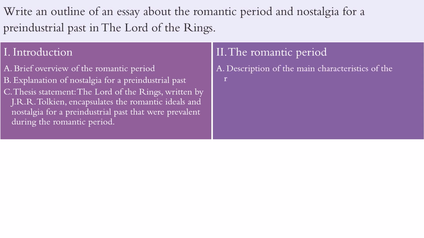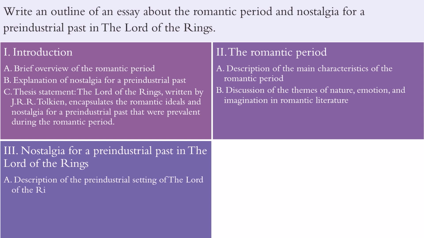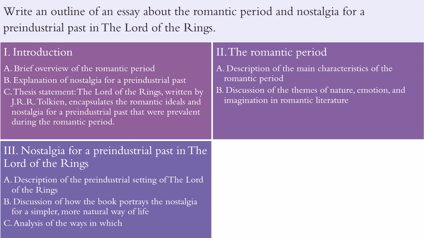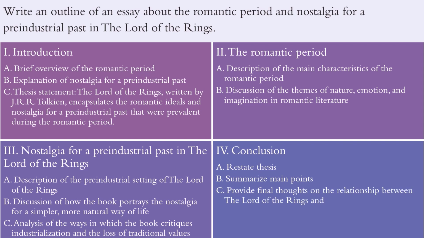So section 2, and you'll see in a minute, section 3, could be elaborated to be multiple paragraphs. I would use this as a start for my students because, of course, their outlines should include what their examples are going to be, what their citations are, and instead of just saying discussion or analysis, it should have those actual ideas written out. So this is just a stub for an outline, but it could be a really useful starting point for students who struggle to write outlines.